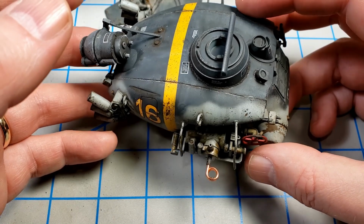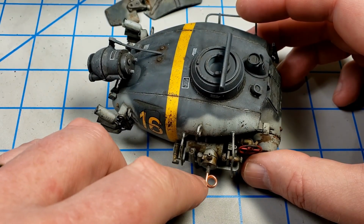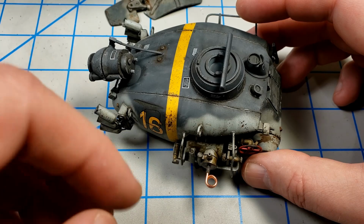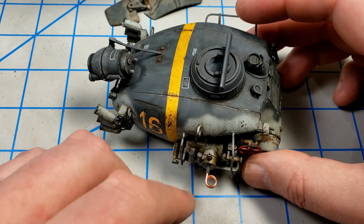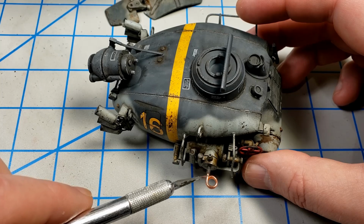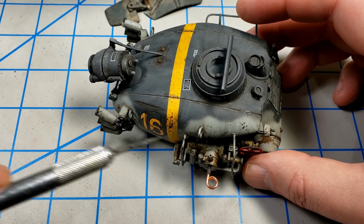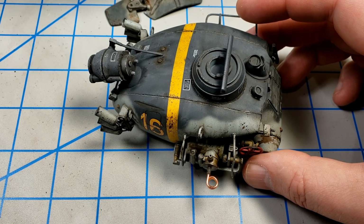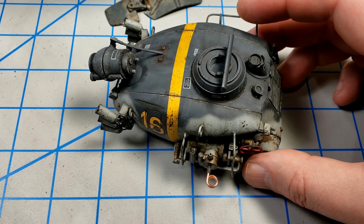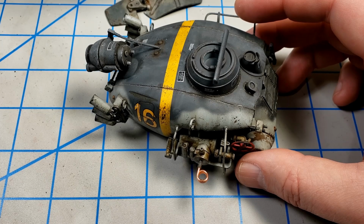But I stuck it in there, and of course I put super glue. I put some super glue on the end of the metal part, stuck it in there, and as you would expect, a lot of it blobbed out and got all around this edge here and just made a kind of rough edge there. But then I remembered that I had watched, again, I bring him up a lot, but he's